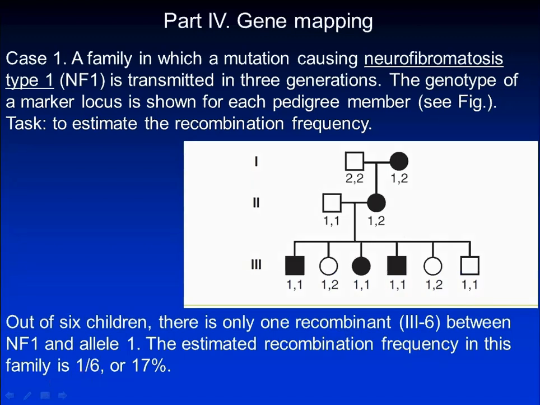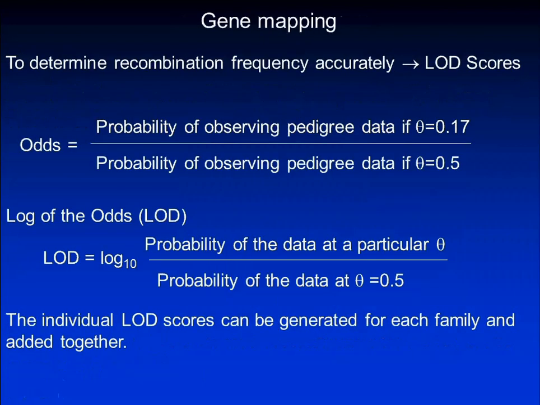This is an estimated recombination frequency based on data from one family. To obtain recombination frequency accurately, we need to combine data from many families. This can be done using LOD scores. LOD scores are derived from odds. Odds is a ratio of 2 probabilities. It is defined as